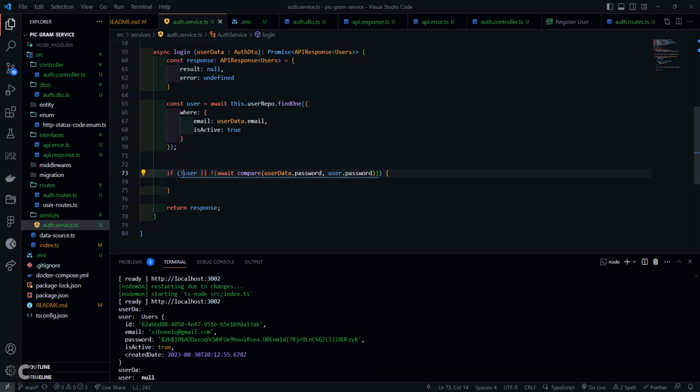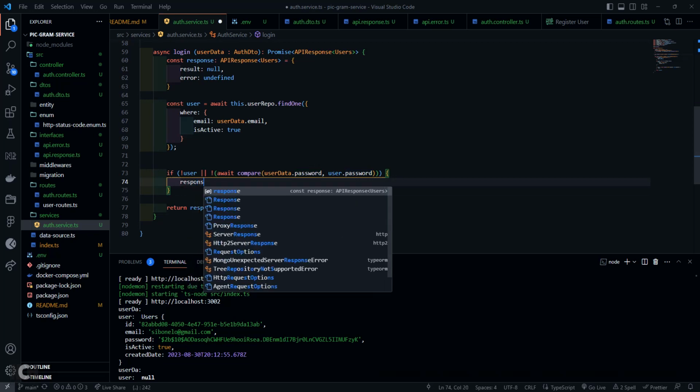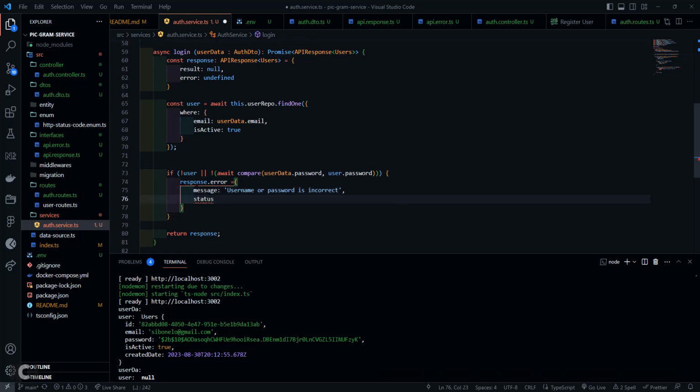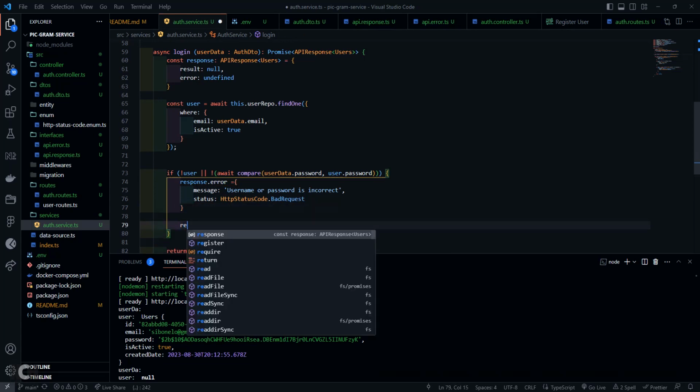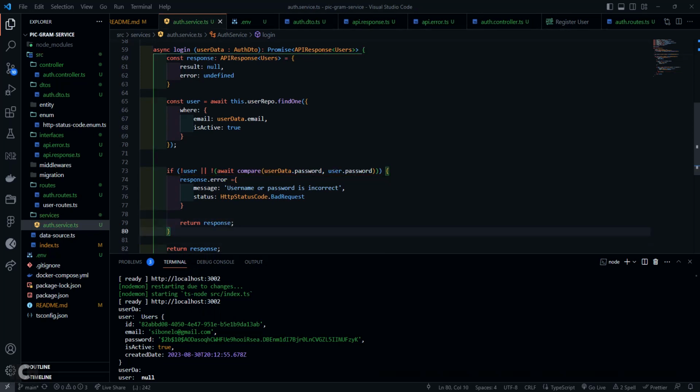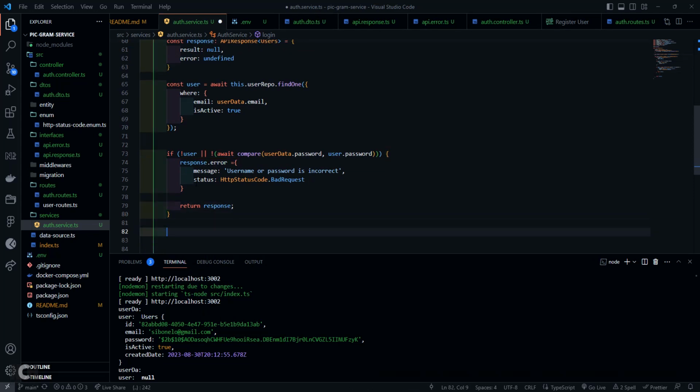So what this basically says is if this user doesn't exist, or the user's password doesn't match, then we should throw an error, right? So in our response dot error, we want to have our message, which is going to tell the user that username or password is incorrect, right? And then over here we're going to have a status, which is going to be a bad request. And if that happens, we just want to return this response. Alrighty, so otherwise,